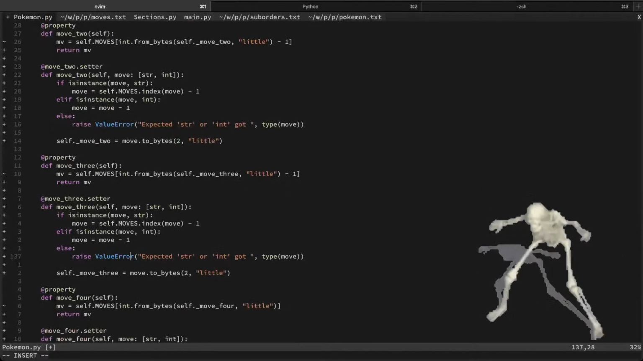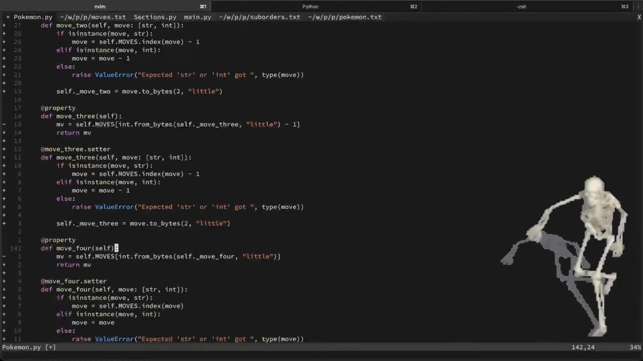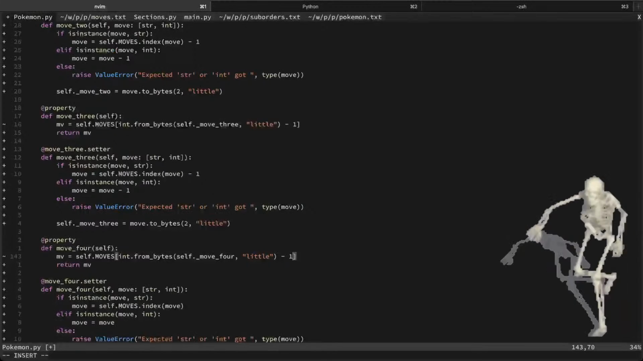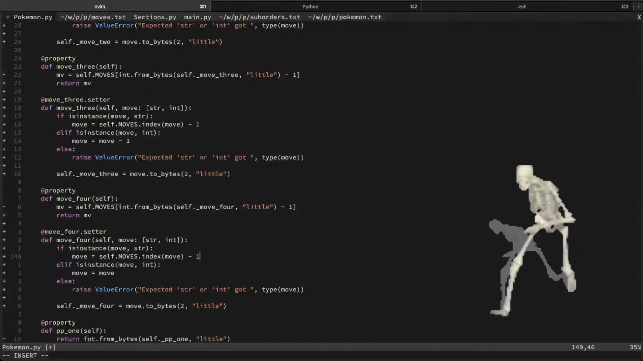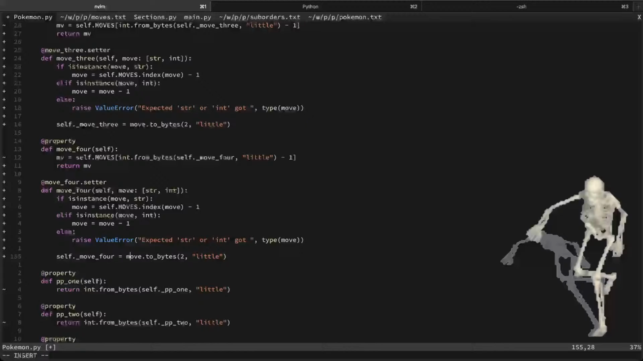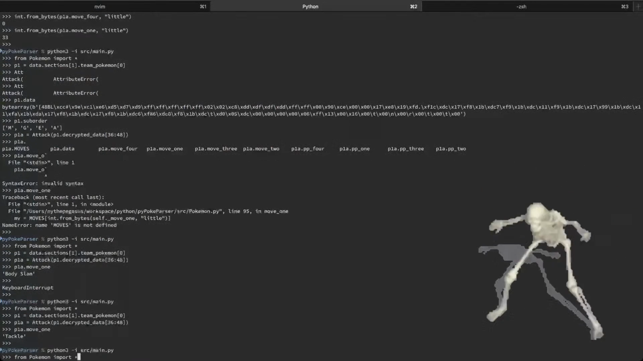Basically, we just have to do -1 to each index. Otherwise, we're going to get the wrong move. We'll get the move above the one that we actually are looking for. So basically, we just have to subtract 1 from each of these. And it makes sense. We're all good. So now, when we do this,